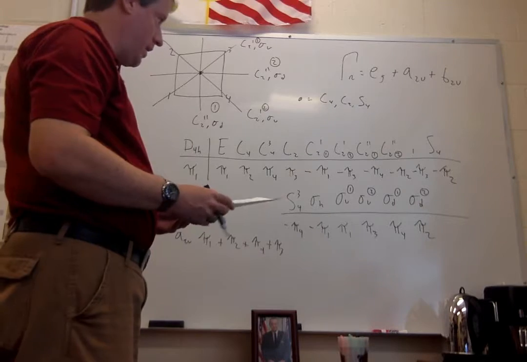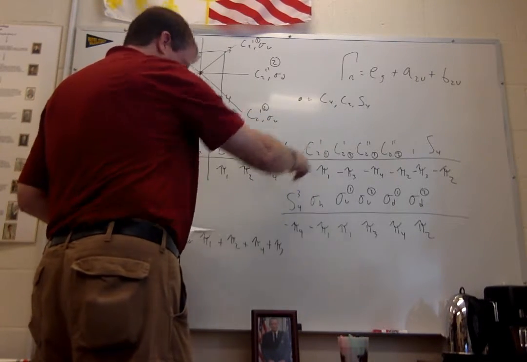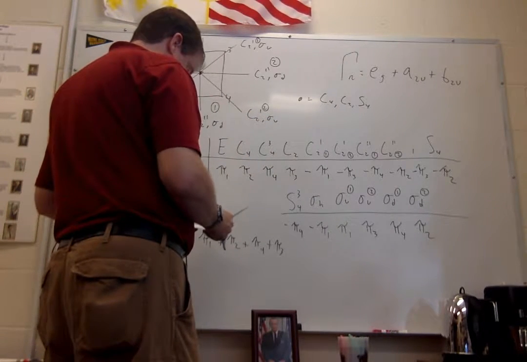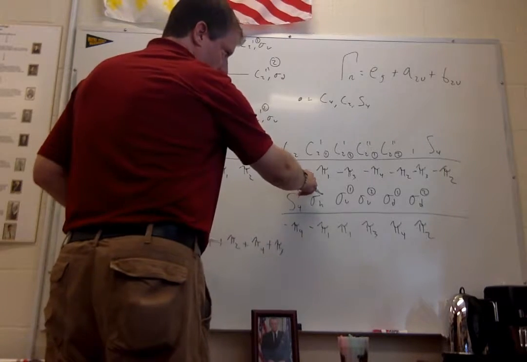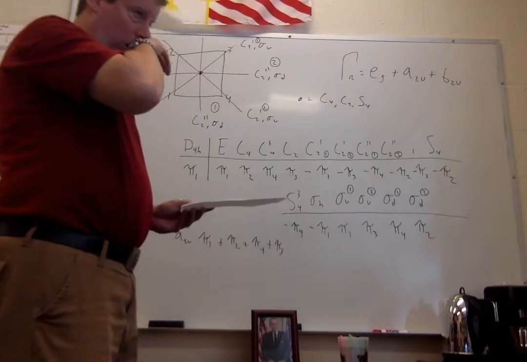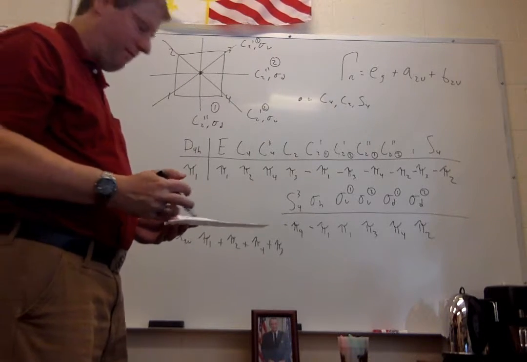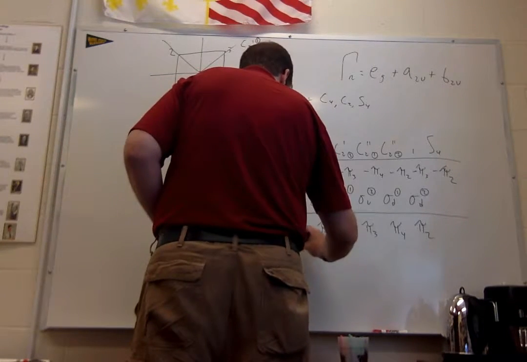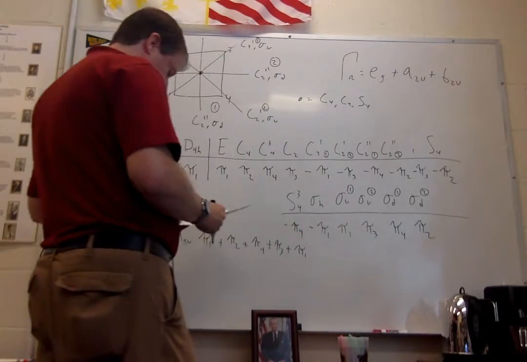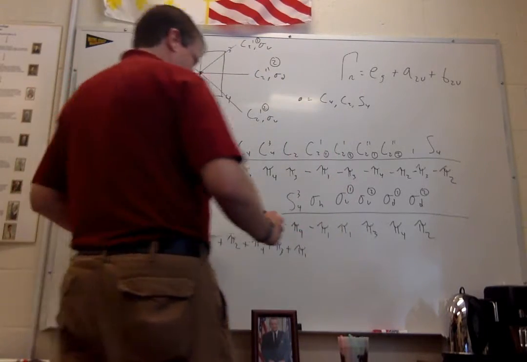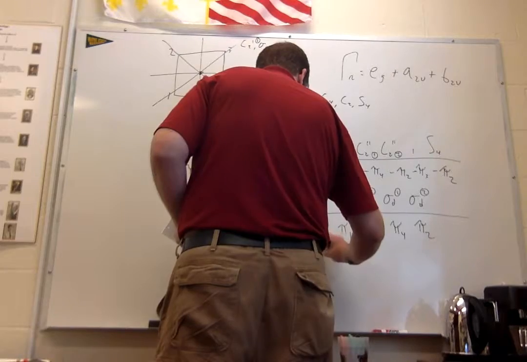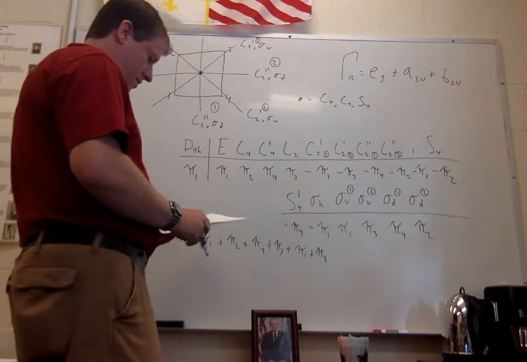Now, we have a negative 1 under C2 prime there. And so we're going to have negative pi 1, negative pi 1 times negative 1, that's plus pi 1. The same thing goes for the other C2 prime, plus pi 3,